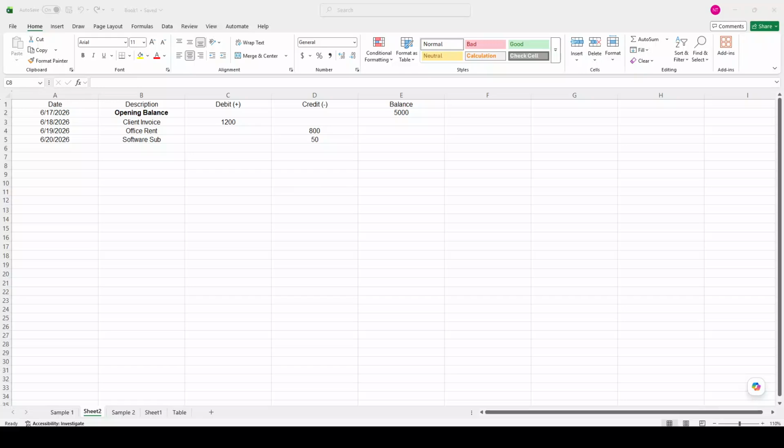In today's video, I am going to teach you how to create a debit and credit account ledger in Microsoft Excel. Start by opening Microsoft Excel and creating a new blank workbook. This gives you a clean sheet where you can build a simple ledger from scratch. A debit and credit ledger is useful for tracking money coming in, money going out, and your running balance over